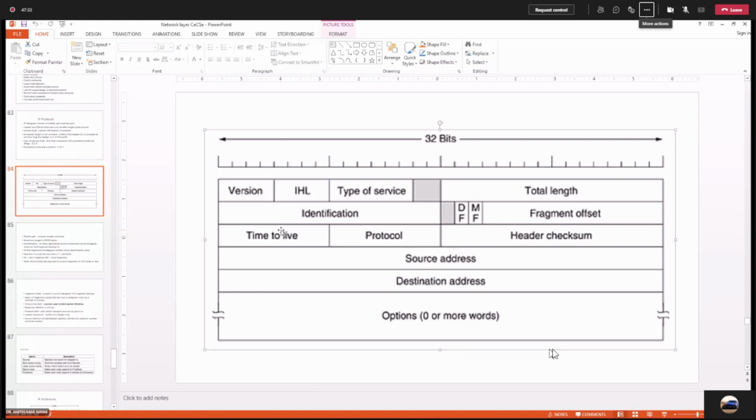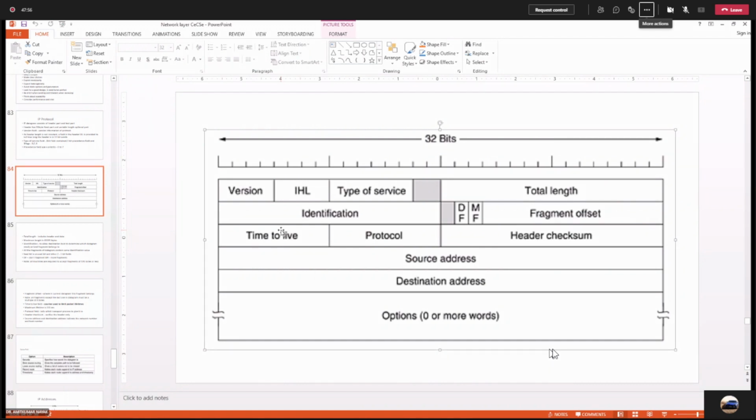The network layer appends a header, and it can append an IPv4 protocol header or an IPv6 protocol header. But generally, the networks in which we are working support the IPv4 protocol only.